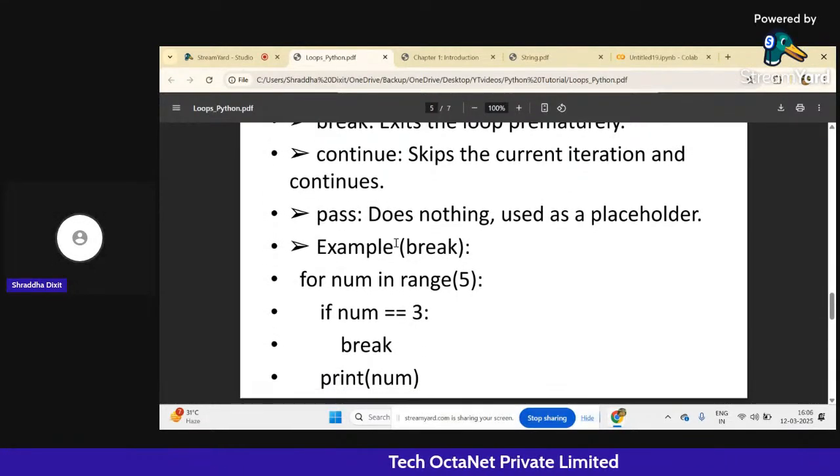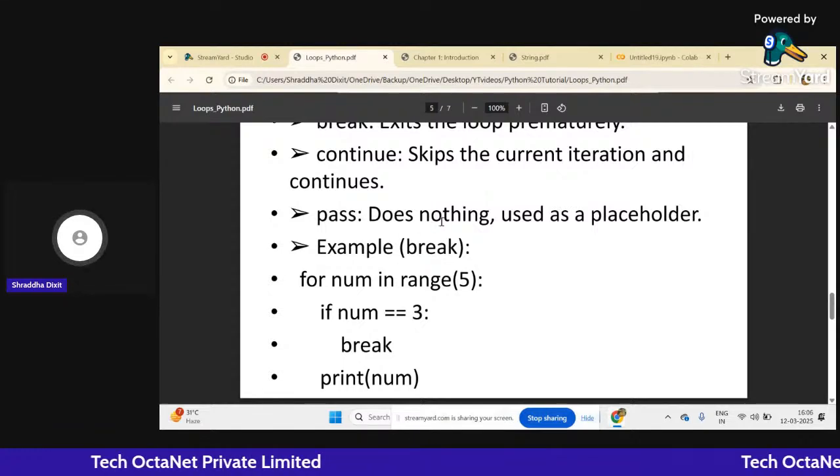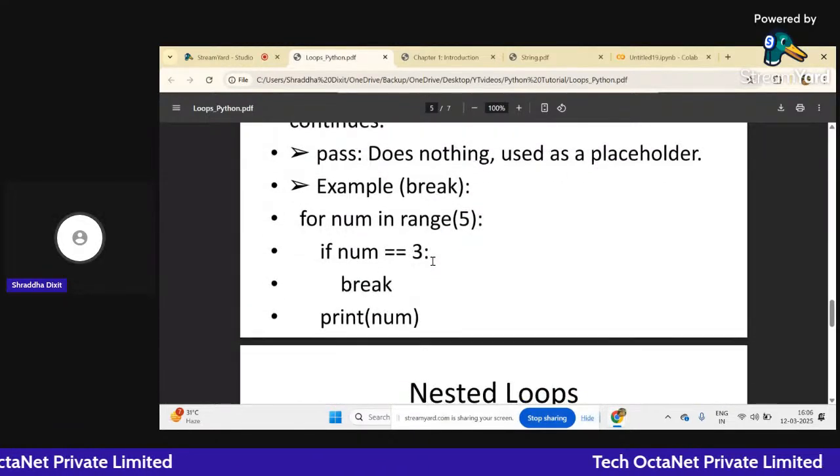Similarly, pass does nothing. It is just used as a placeholder. That means it does nothing. For example,